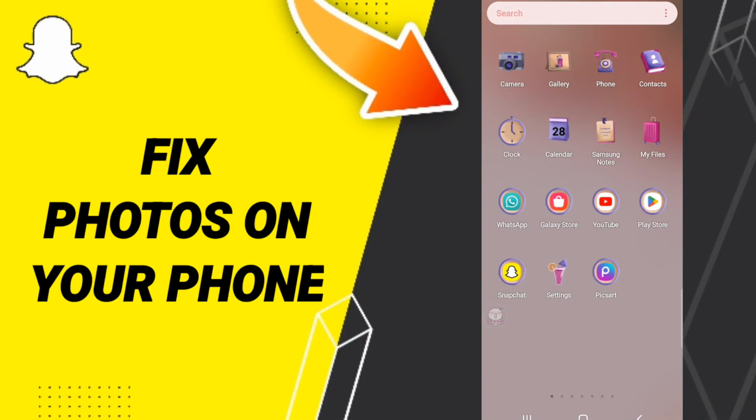Hi everyone. Today we'll talk about how to fix the problem where you can't save your photos on your phone on Snapchat. To know how to fix or solve Snapchat not saving photos on your phone,